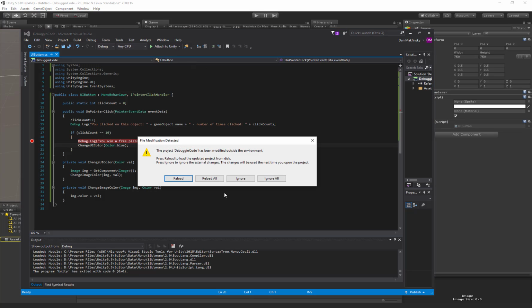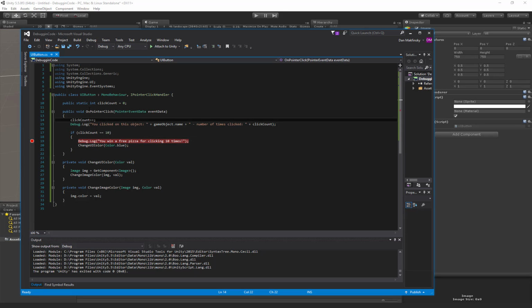The UI button script checks for a pointer click. If a pointer is clicked, it increases this click count. So each time you click on it, if it's 1, it'll be 2, if it's 2, it'll be 3, and so on. And then it'll output this message: You clicked on this object, and it gives you the game object name, number of times clicked, and then the click count. And then if the click count is 10, it says you win a free pizza for clicking 10 times. Then it calls this change UI color method. It sends in the color blue,